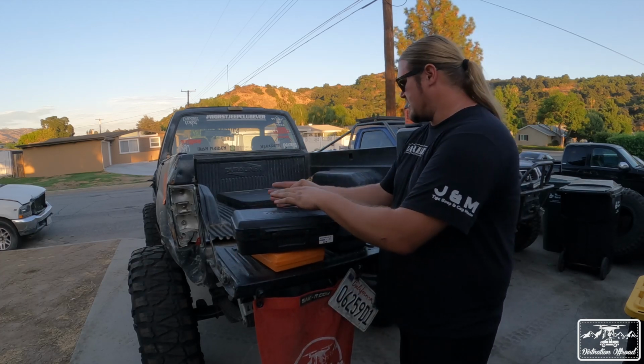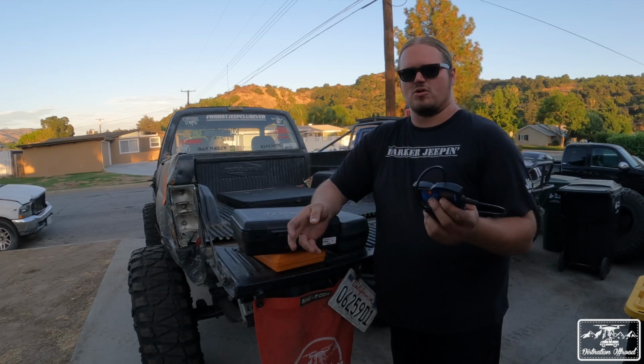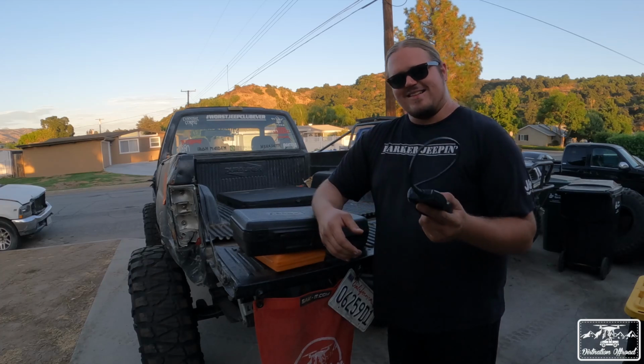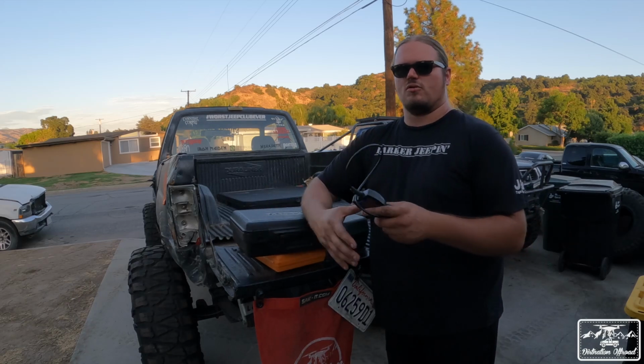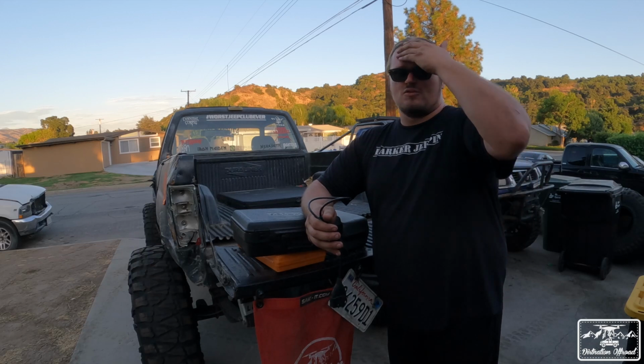You don't need to have a super fancy one. You could pick up one of these cheaper ones. These are about 50, 60 bucks at auto parts stores. These are going to be good. I would recommend that you get one that scans engine codes as well as ABS codes, because those of us in the off-road world, if you drive a Tacoma, a Jeep, any of the newer vehicles,